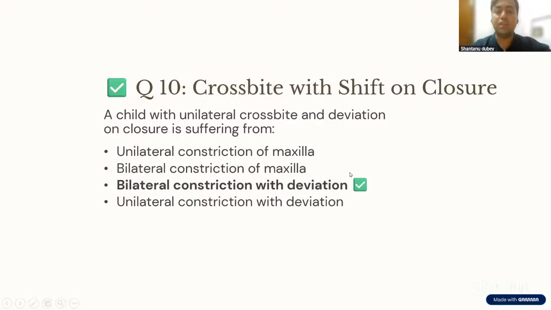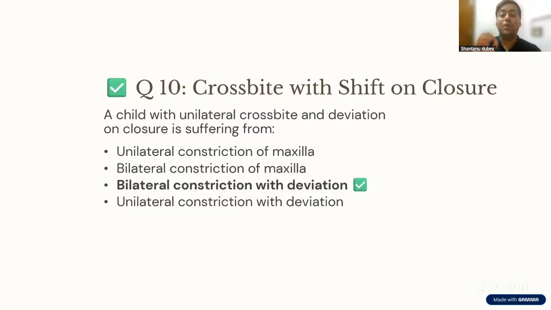Okay. So this is something which is mentioned in Profit, and it is covered. I would say this question is a little towards the PG side. As postgraduates, you will understand that whenever there is crossbite and they are saying unilateral crossbite, never assume that since it is unilateral crossbite, the culprit is also unilateral. It is never the case. Mostly it is seen that the maxilla is constricted bilaterally, but